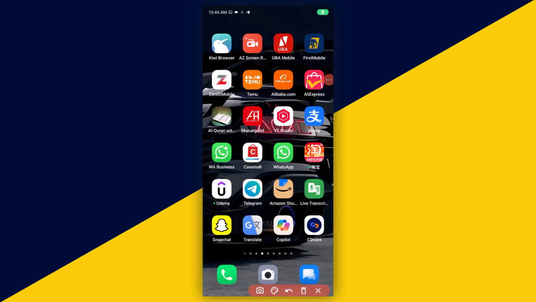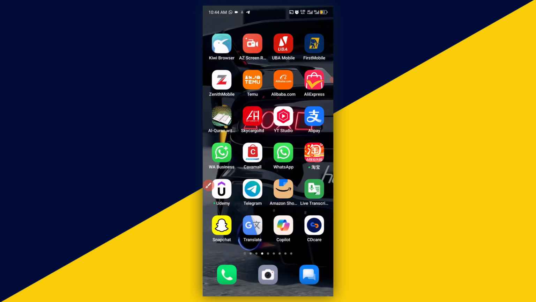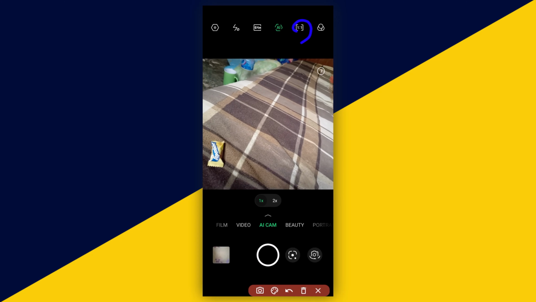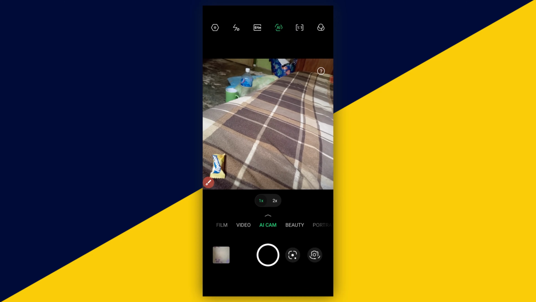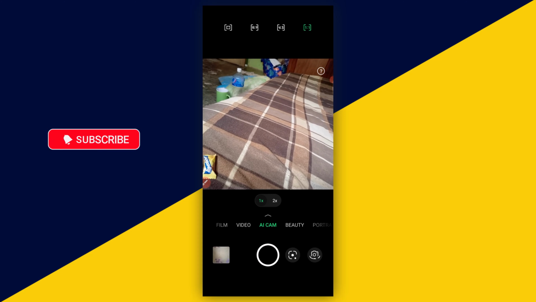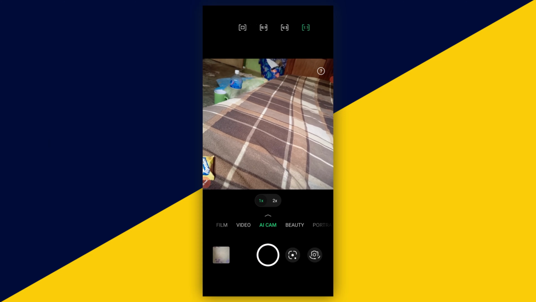Very first thing you need to do is open up your camera. The next thing you need to do is to click on here. Then you have different aspect ratio right here. If you are trying to shoot, so you can decide to